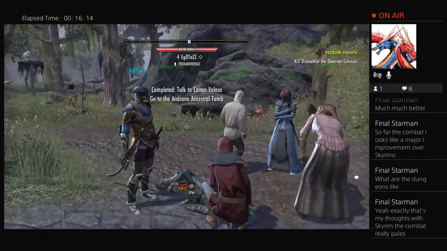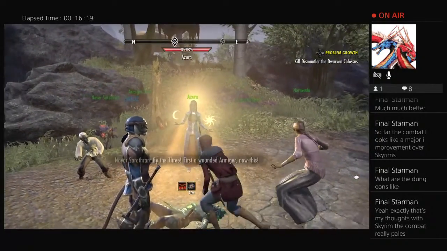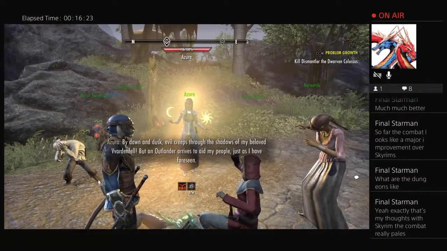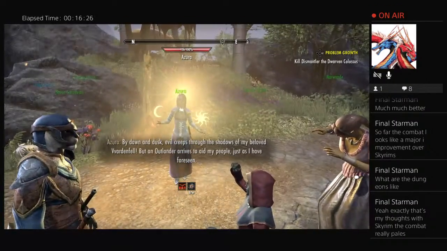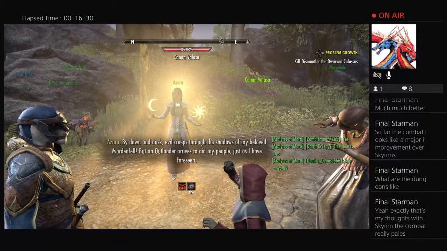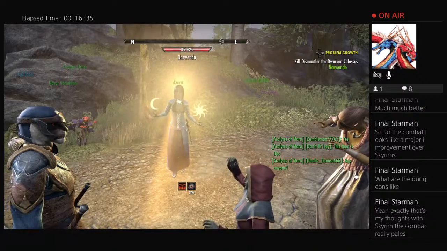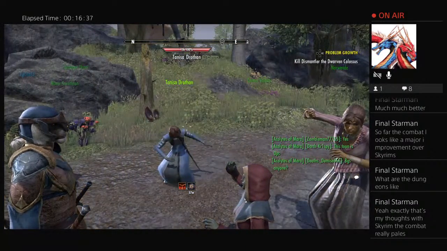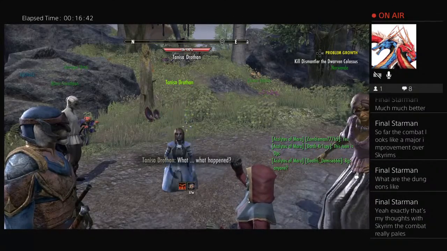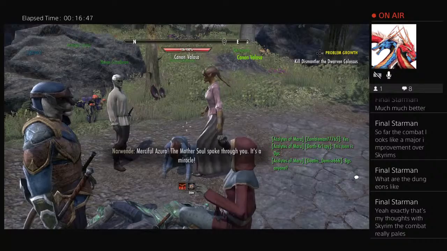Oh, here we go. Oh, not yet. Oh, here we go. Someone help! First a wounded armiger, now this. By dawn and dusk, evil creeps through the shadows of my beloved Vardenfell. But an outlander arrives to aid my people, just as I have foreseen. Those words, what do they mean? What happened? Merciful Azura, the Mother Cell spoke through...